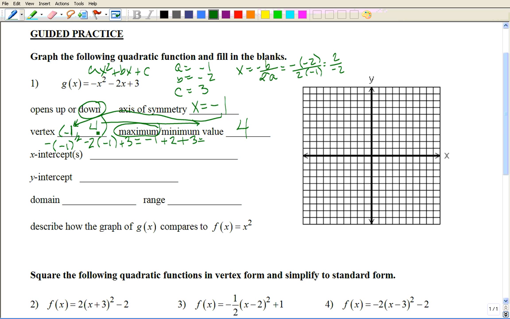Let's graph what we have so far. So the vertex is at negative 1, 4. And remember the 1, 3, 5, we're just going to multiply by a, which here is negative 1. So we'll have negative 1, negative 3, and negative 5. So that means starting at the vertex, we'll go out 1, always just out 1 to get to the next x value, and these tell us to go down 1. From those 2 points, not starting back over at the vertex,